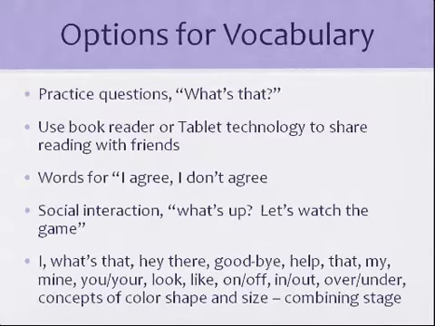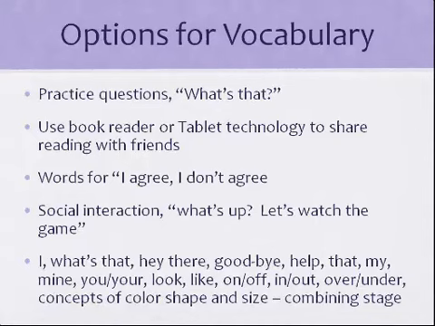So practice options for vocabulary. Practice the questions, what's that? The child can ask, what's that? And the adult can ask, what's that? And then find the icon or objects on the speech-generating device or communication board. You can look for illustrations in a book or parts of a child's body for Mr. Potato Head or an object in I Spy.